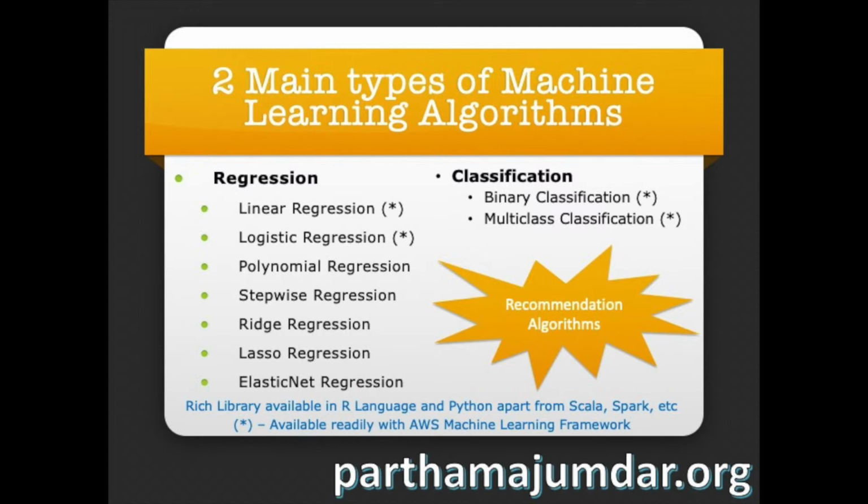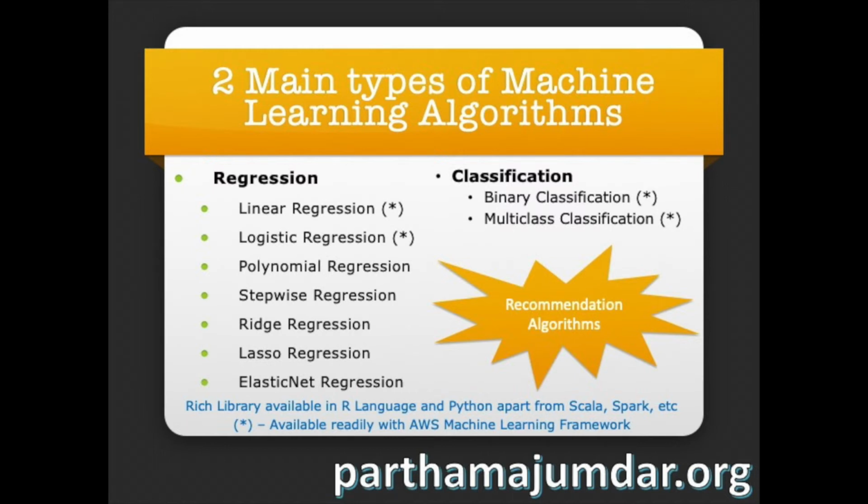We may also consider a third type of algorithm, which is the recommendation algorithms. When you are purchasing items through Amazon, for example, you would notice that Amazon says please buy this as well. This may be useful for you as you are buying this particular item. So this is typically coming from a recommendation system. This recommendation system was initially started by Netflix, where when you purchase a movie it recommends, okay, based on the feedback from other people, this is also a movie which you could possibly look at. So we can also say from machine learning algorithm types, we can consider recommendation algorithms to be one type of